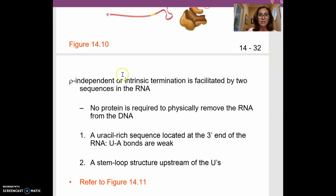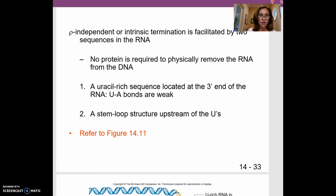All right, so we're going to talk about the next step in RNA synthesis in the next